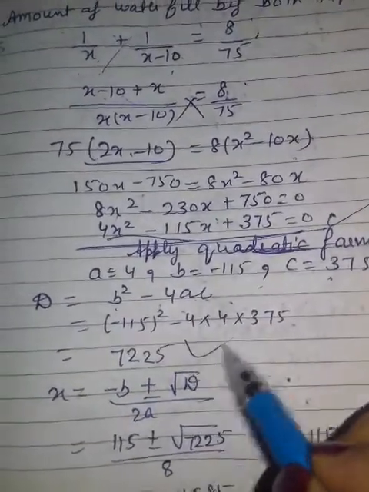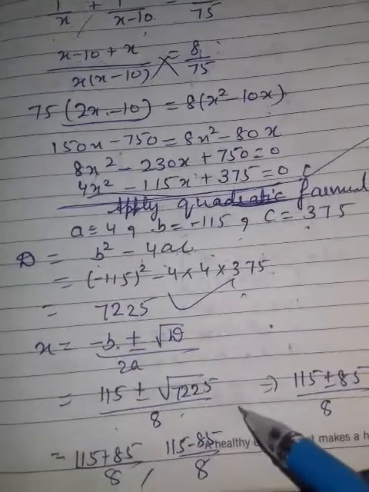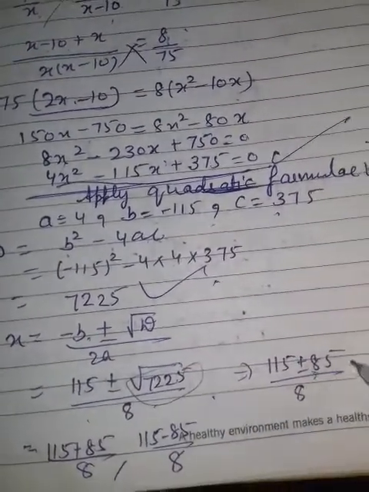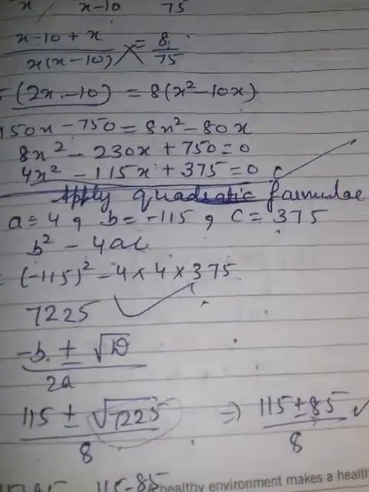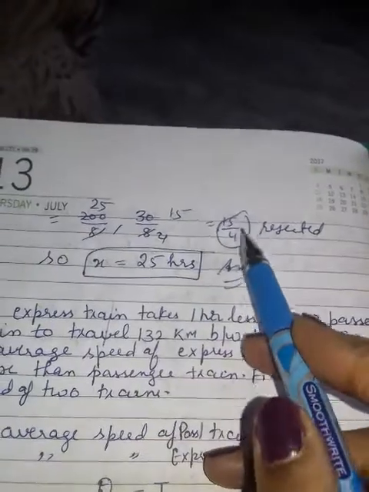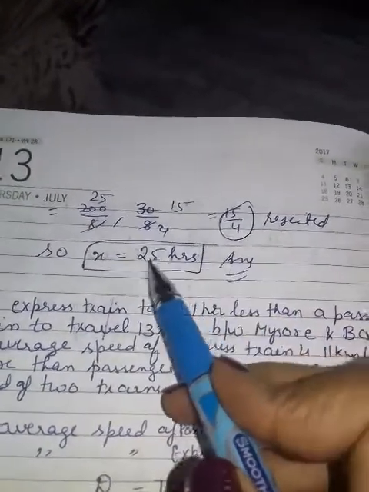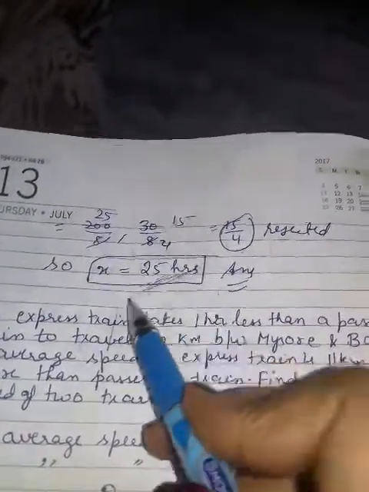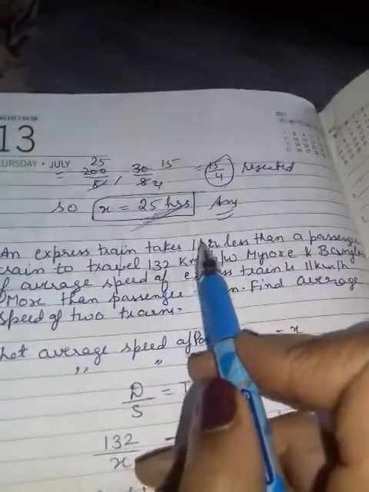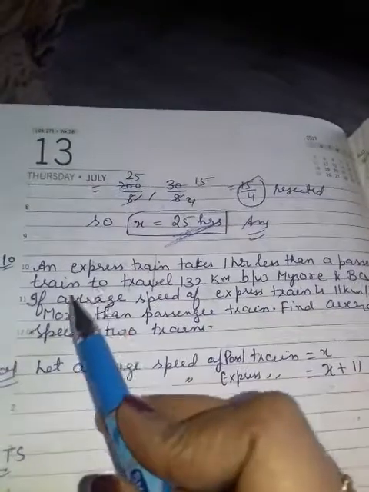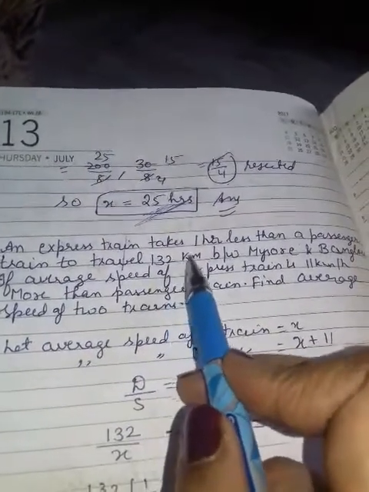Then I find D. Put in the equation. You know how to find the square root. 85 square root is here. One time positive, one time negative I have taken. Then I solved, and 15 by 4 will be rejected. 25 hours. So next question is, an express train takes 1 hour less than a passenger train to travel 132